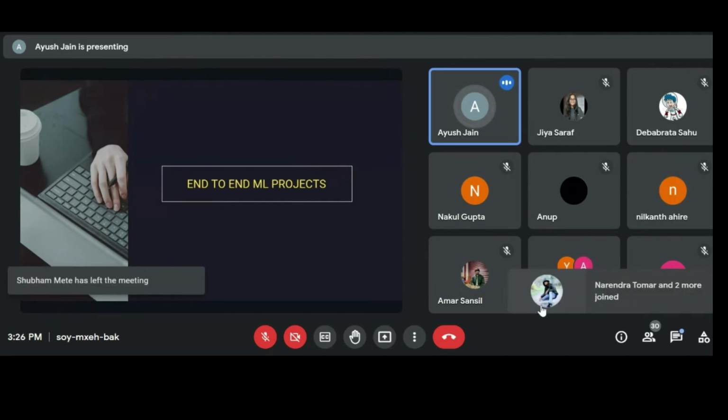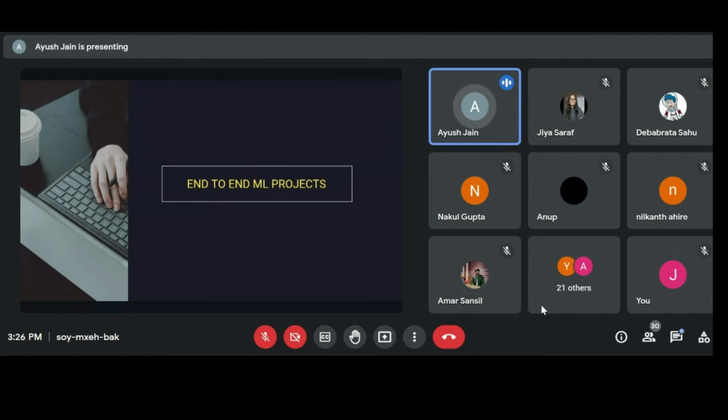got the accuracy. You deploy the model on some cloud platform. So this is the end-to-end machine learning project. End-to-end machine learning project is nothing but the model you made, you deploy it on some cloud platform using Docker and Kubernetes or any of the MLOps. You can also do an MLOps pipeline, and at the spot you deploy it on the cloud, and the public is using your model. This is an end-to-end machine learning project, from gathering the data till you deploy it on some cloud platform. This is an end-to-end machine learning project.